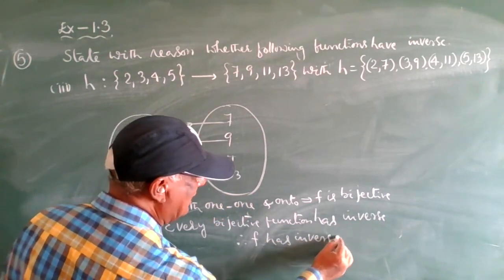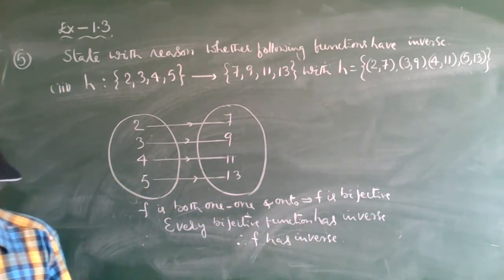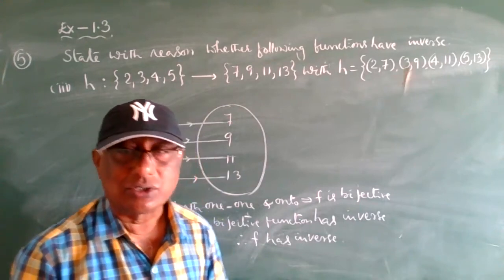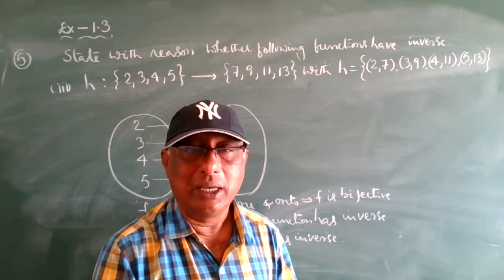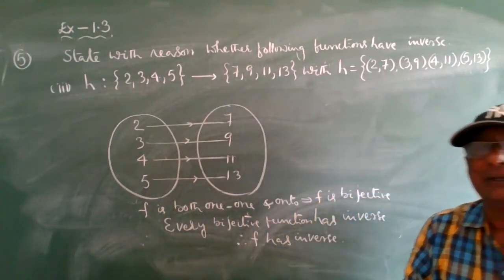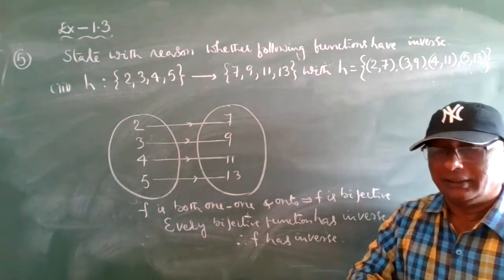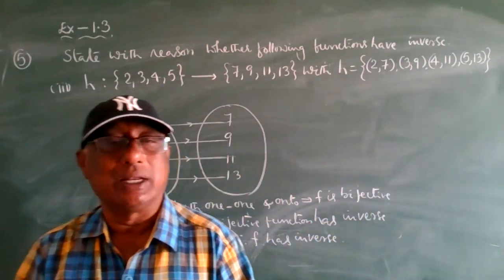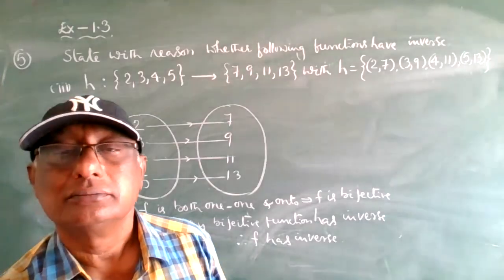Okay, now two bits are wrong, but only one bit is correct. So up to five problems are completed. Tomorrow we start from the sixth problem. Now, exercise 1.3, I will start from the sixth problem. Everyone is clear? Okay, I will send this video. If there are any doubts, you can ask me, and I will explain. Right.